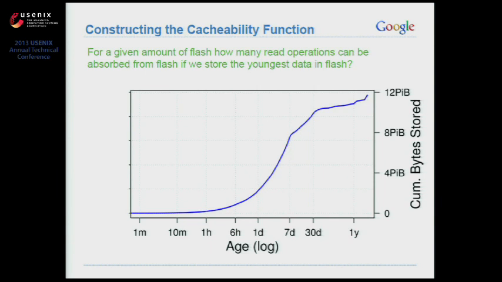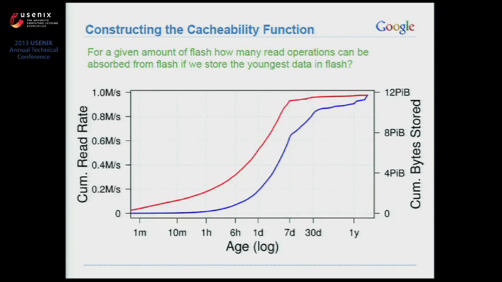Then from the sampled read analysis, we look at how many read operations there are which go to younger data. So we get this function here, the red one. And in almost all cases, the red line is above the blue line. That means that most read operations go to younger data. From the two functions, we can look up, for a given amount of flash or given amount of data which goes to flash, for how long the data can stay in there, and then look up how many read operations